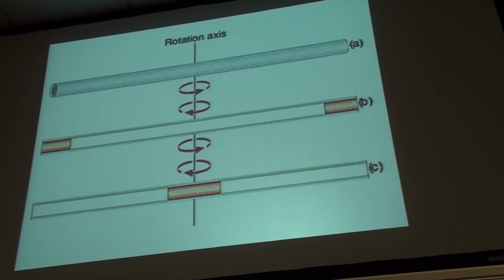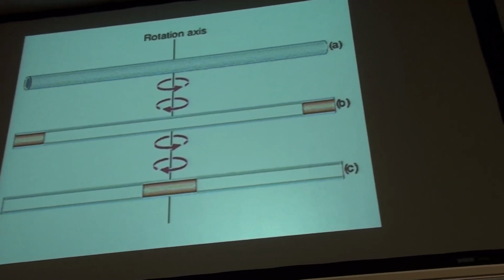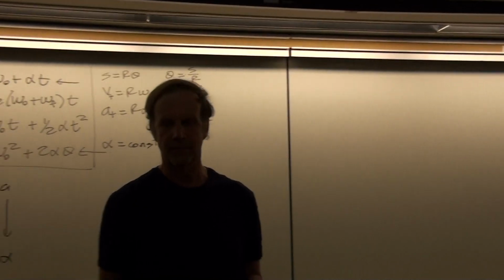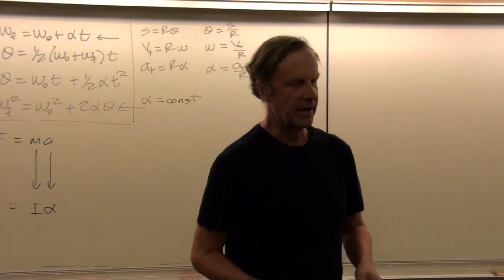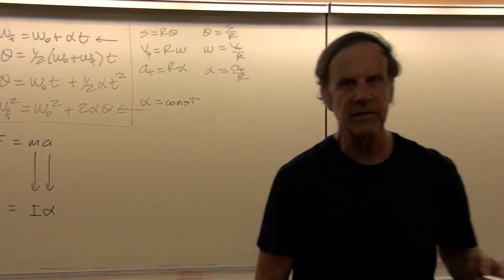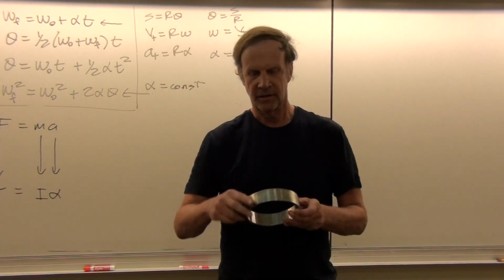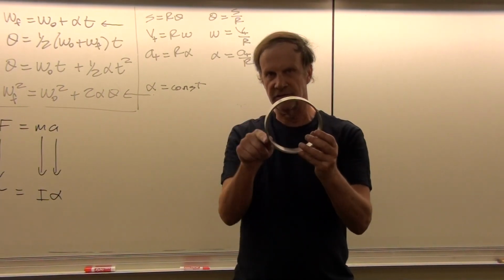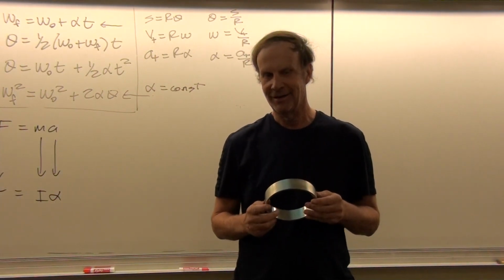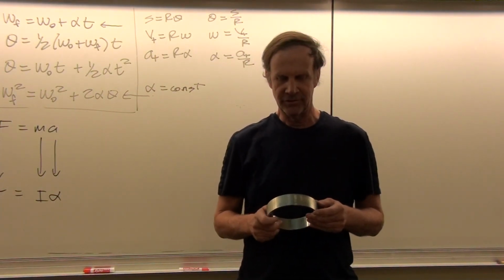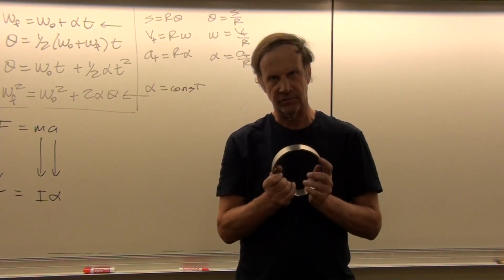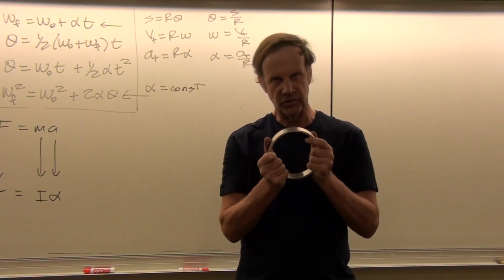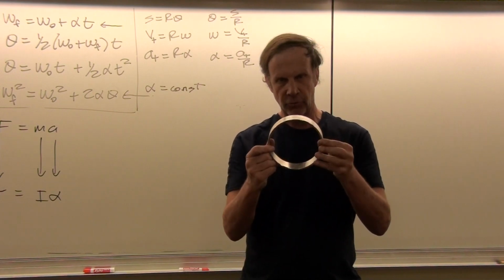Okay, so that's the way that we deal with problems that have a mass configuration that can be considered to be a combination of single point masses. But now what I'd like to do is look at a few other mass configurations that are continuous mass configurations. In other words, continuous distributions of mass. This is more common because we're interested in an object and how it's going to resist changes in rotation that is a rigid body. So here we have a ring.